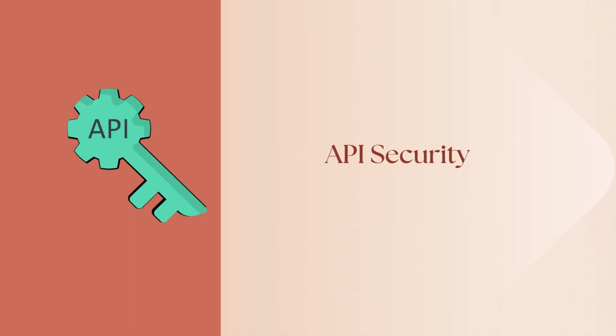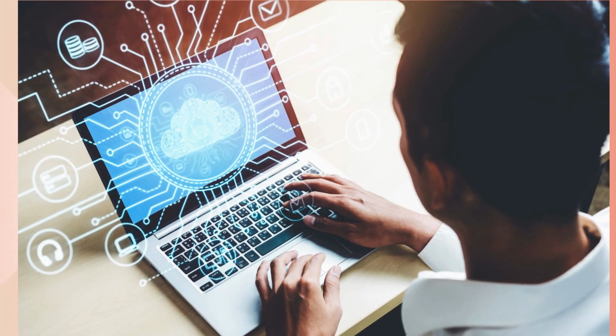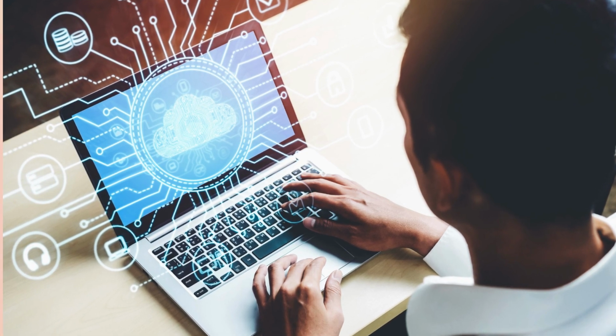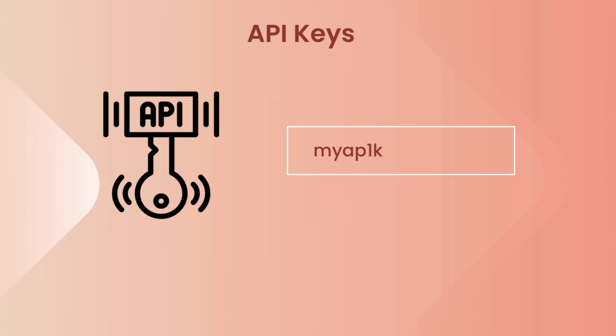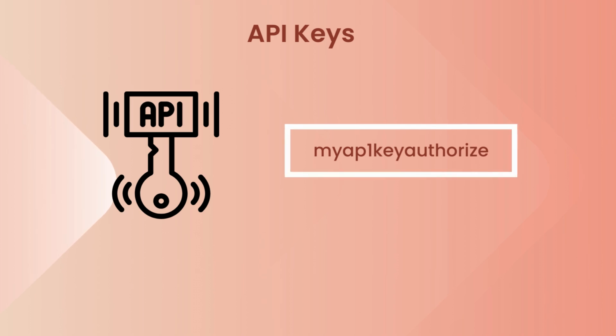Now, this also raises the question of security. If an app is giving access to its data to other applications, how is this taken care of? This is taken care of through API keys. An API key is a security code, or you can think of it as a password that is given to a developer trying to access data from certain systems.